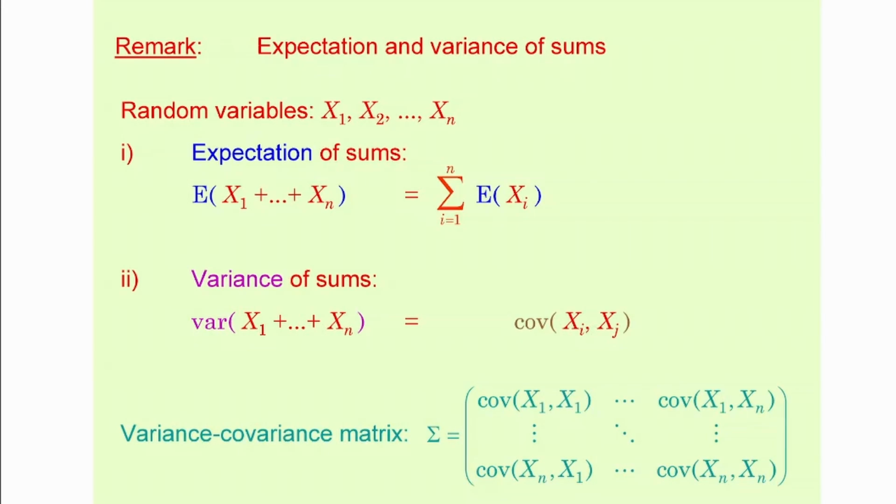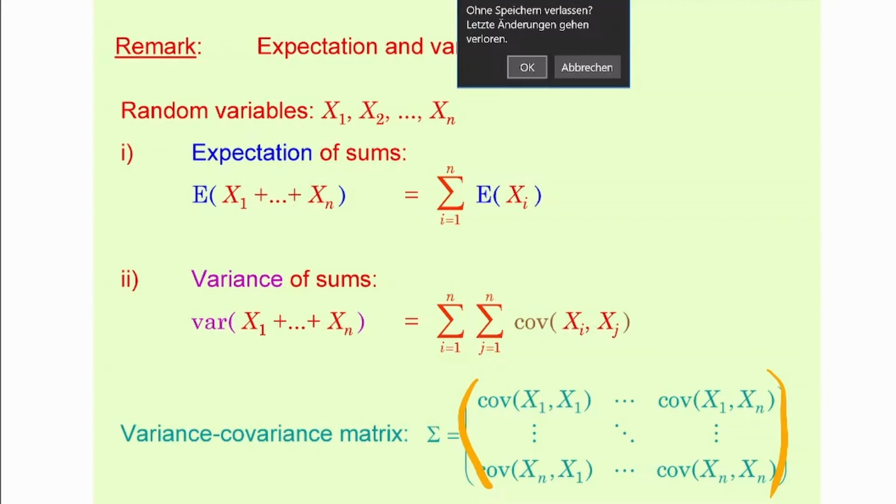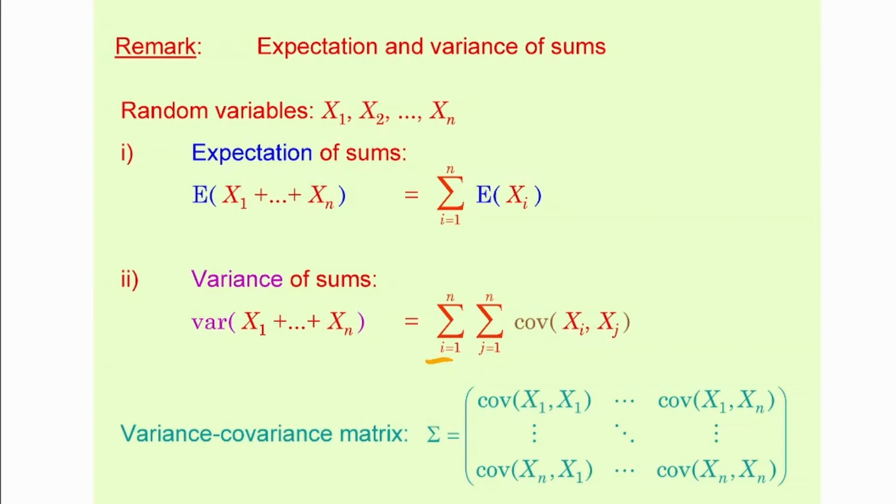Now, when you add up entries of matrices, I usually recommend using double sums here. Don't worry, people freak out when they see that. If you have anything of this sort, it just means that you need to sum up entries from a matrix. So try to imagine those things in terms of a matrix, and all you need to do is sum up their entries, and that's it. There are also different ways to express it, but I'm not going to. And if the two summation indices are equal, then you end up having the variances. That's pretty much it.